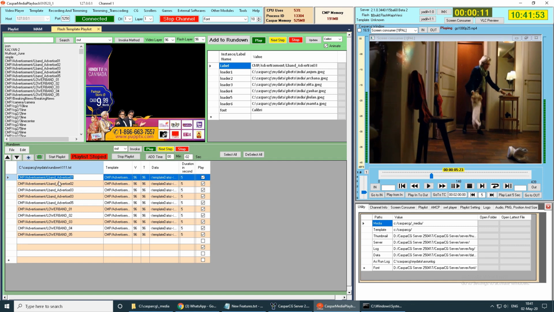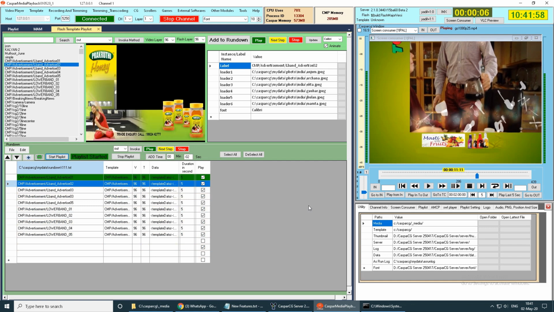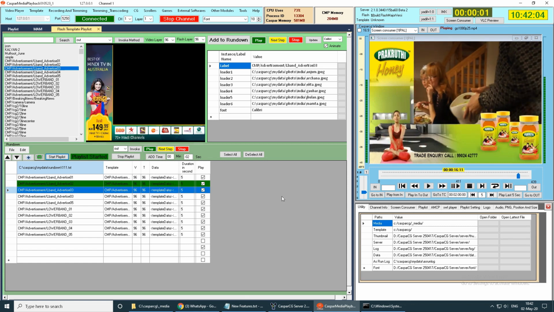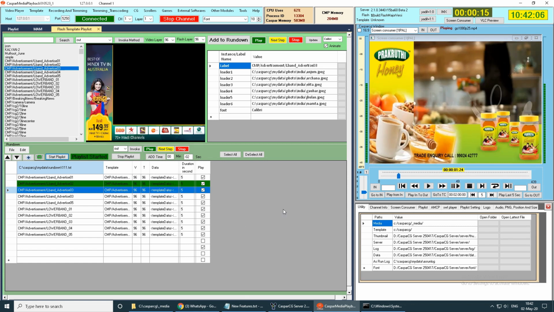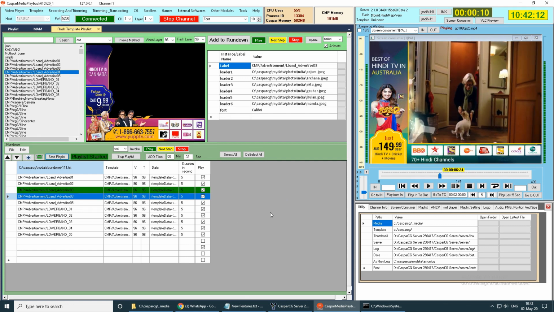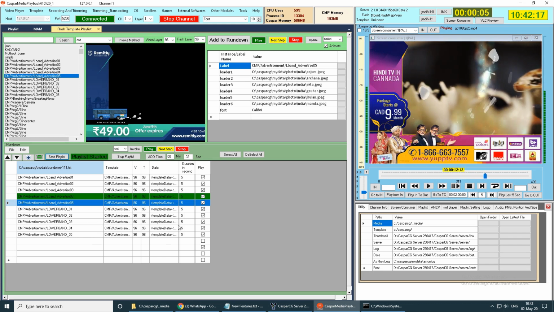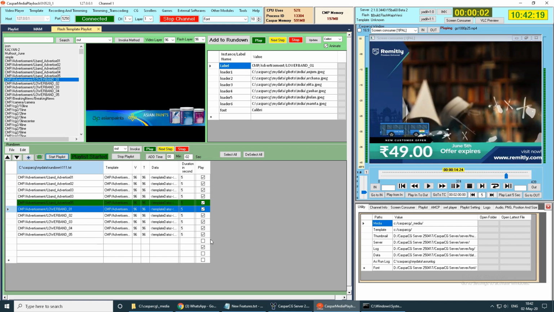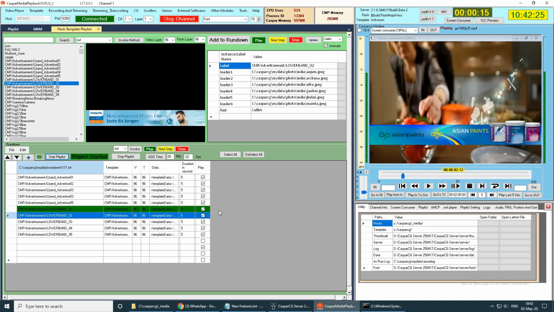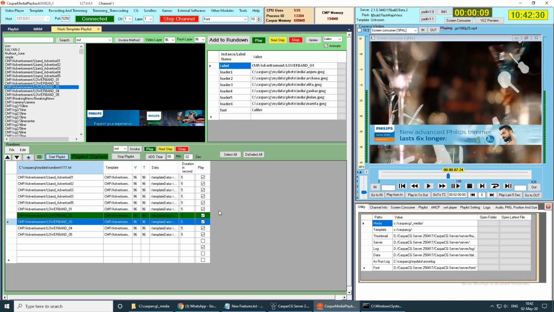Now see if I start the playlist, what will happen. So this first template has started, it will run online 5 seconds, and then the second template is started, it will also run 5 seconds, the third template is started, and it will also run up to 5 seconds. Like this you can save this playlist, and this play or not is that suppose you have added some file but you don't want to play it, so just uncheck it. It is a feature for template playlist and useful for advertisement.